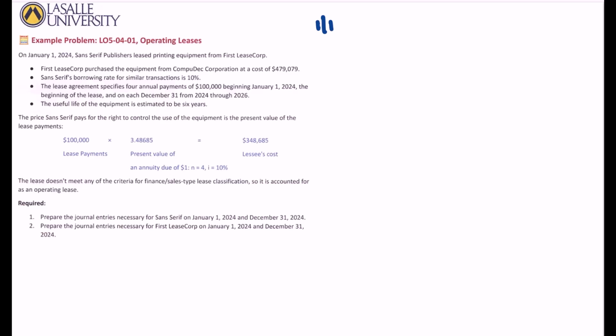So I'm going to say, we're going to look at the lessee first. What happens on January 1st? On January 1st, the lessee records a right of use asset,